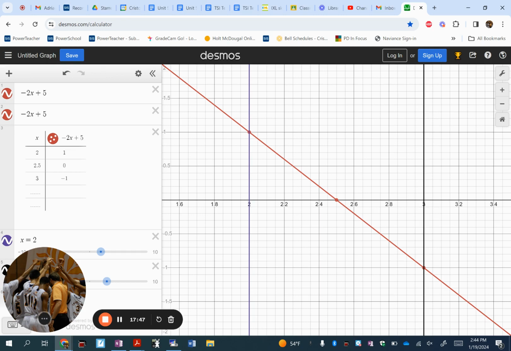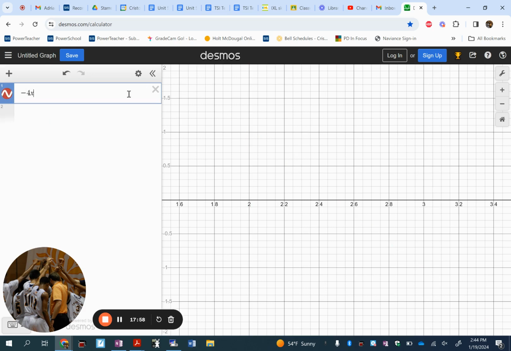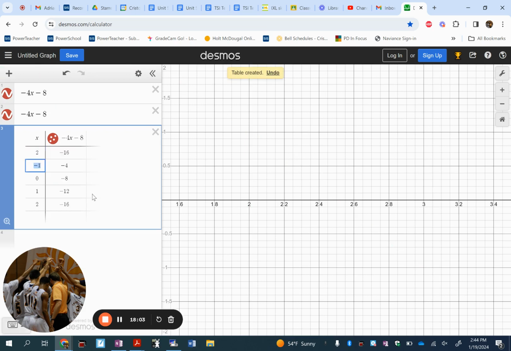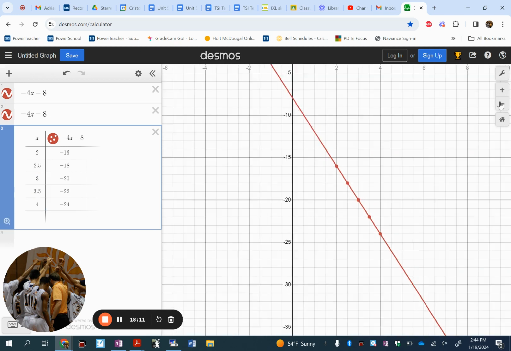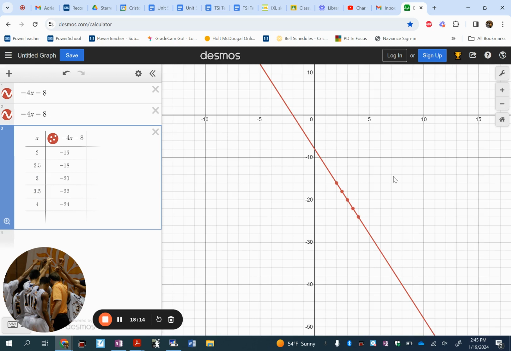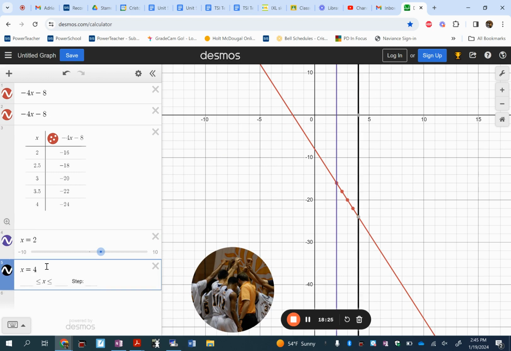Which one? The one before or 1 or 2? Number 2, you're going to have to read it off for me. -4x plus 8 and minus 8. And what are the limits of integration? 2 to 4? Okay, what was the answer? Okay, so what was it? X equals 2 and x equals 4. So it's a trapezoid,